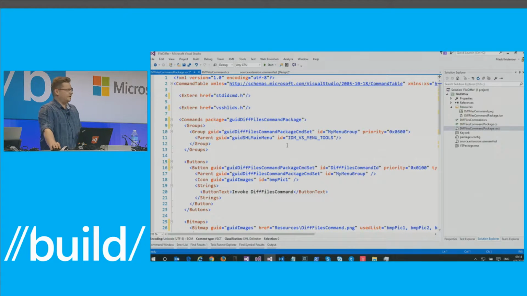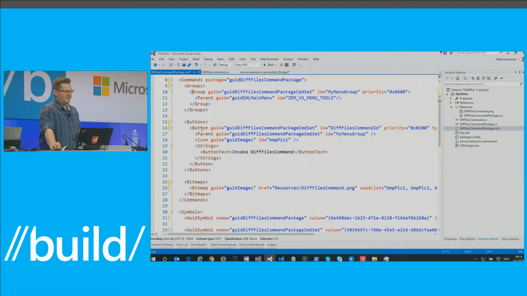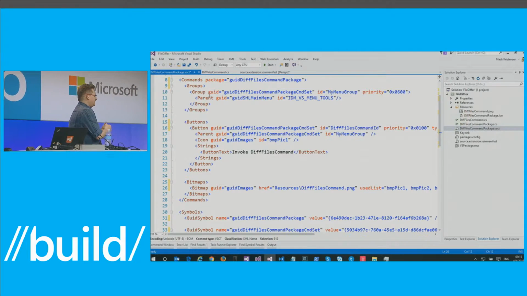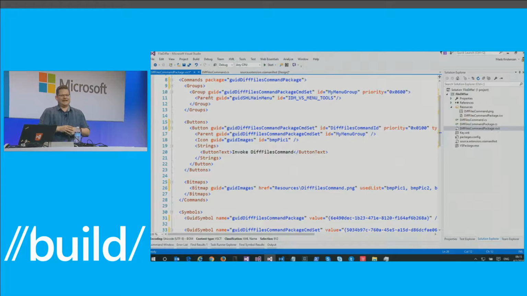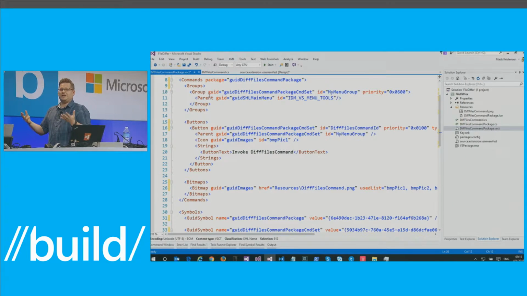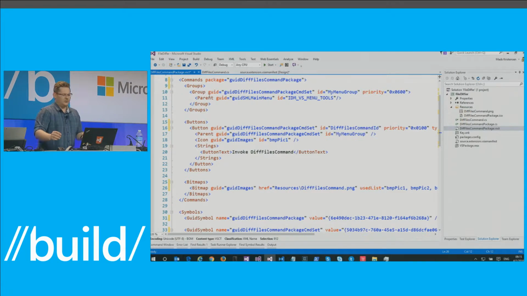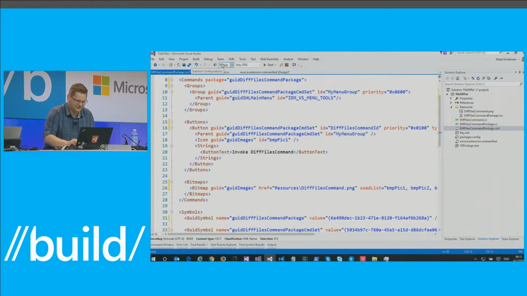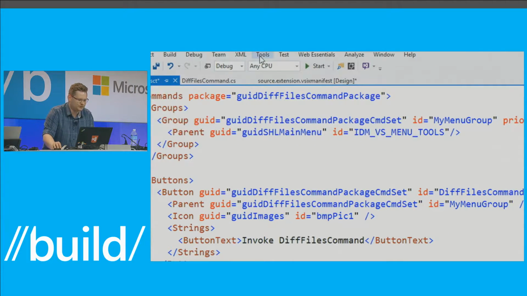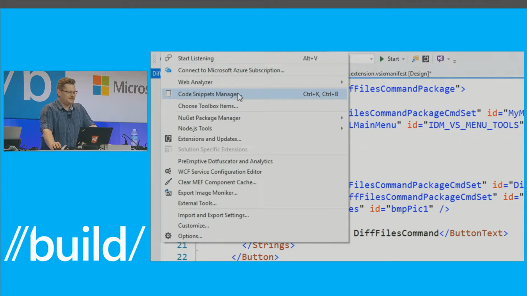So here you can see what's going on. We have a group, we have a button, and we have a bitmap, okay? A group does absolutely nothing on its own. It's a container for buttons and menus, okay? So just to illustrate what that means, if we go to Tools, for instance, here, we can see that here's